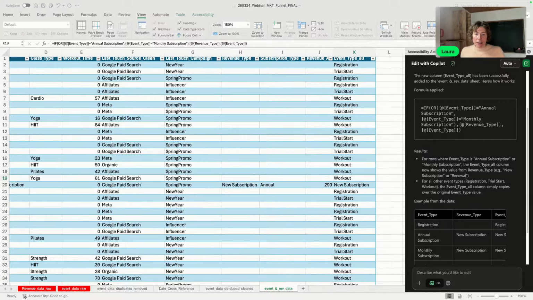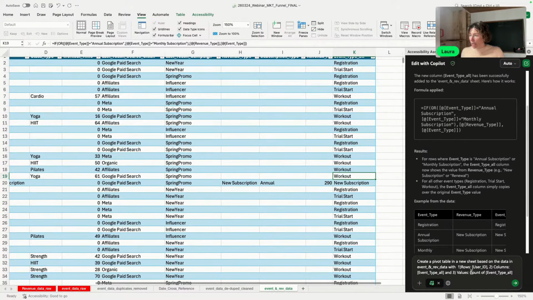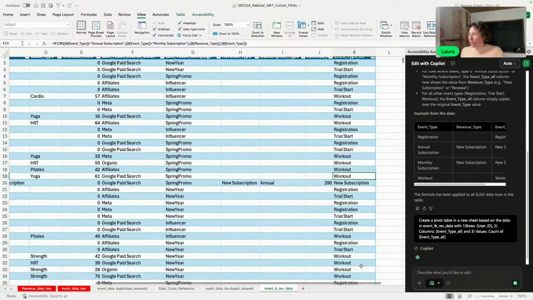This is just transferring. So now we still have event counts, right? We do need unique users. So doing this via creating a pivot table and a new sheet based on the data in event revenue data with rows being the user IDs, columns being event type all, what we just created, and values being the count of event type all. So when we send that,